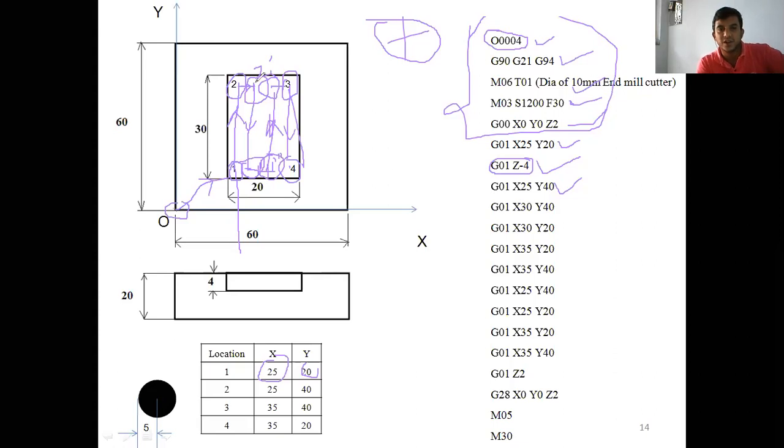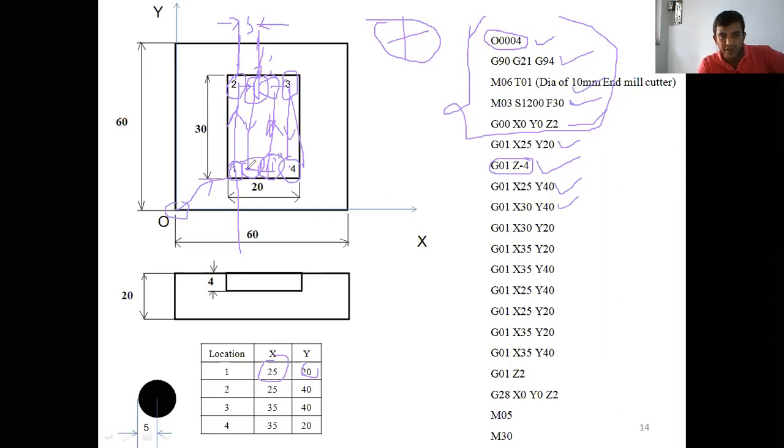How much metal are you going to remove here? This is only 5 mm. The radius of the cutter is 5 mm. So the X value here is 25 plus 5, X becomes 30. Y value remains the same, 40. That is 2 to 2 dash.